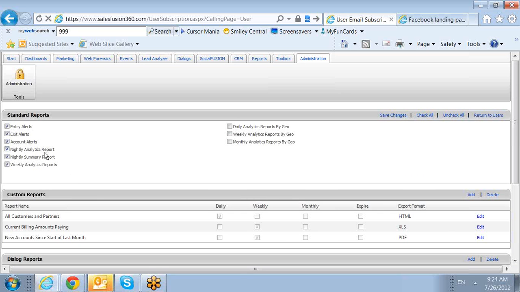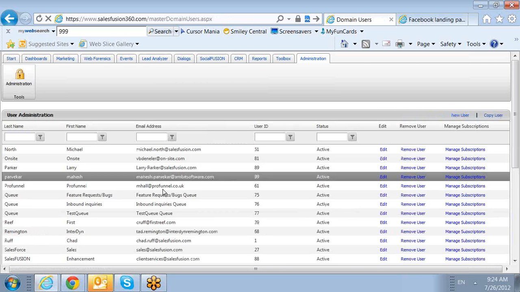As this is checked, then it will go to that person. If I have Larry checked, I have Mahesh checked, they will both receive the account alerts. So again, options. The last area that I want to show you is our Jigsaw